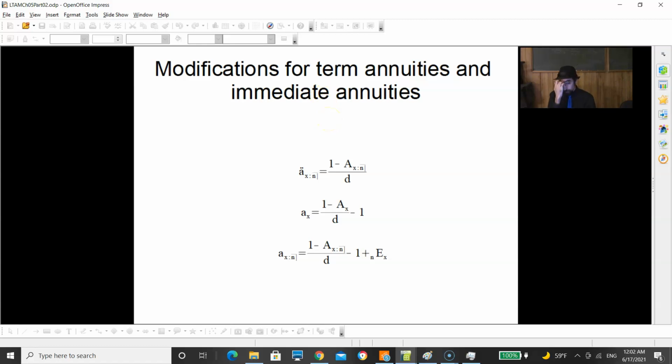Alright, so what if we need to modify for term annuities or immediate annuities? So, for a term annuity, little a double dot x colon angle n, I actually can say that this is just 1 minus big A x colon angle n all over d. Why? Because the best way, one way to think about relating a double dot to big A is to imagine a cataclysmic event